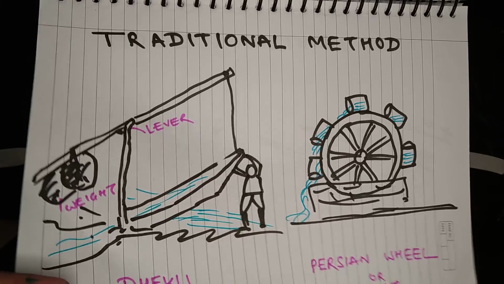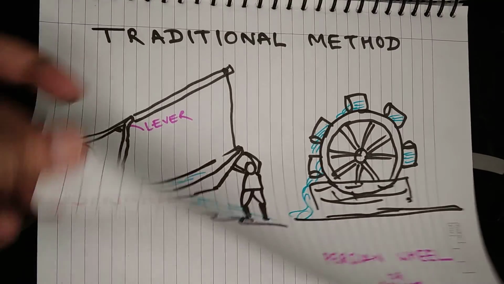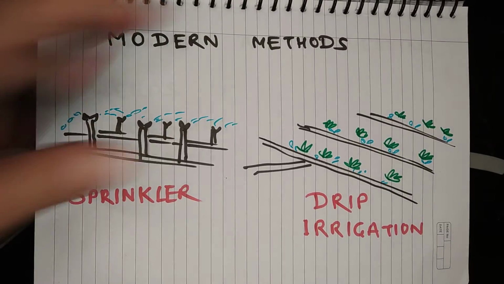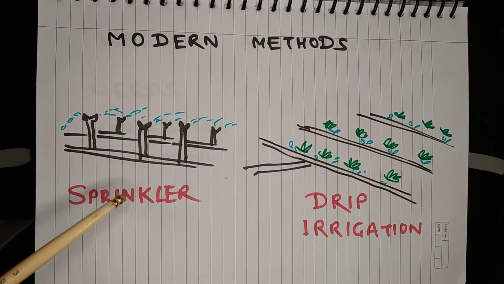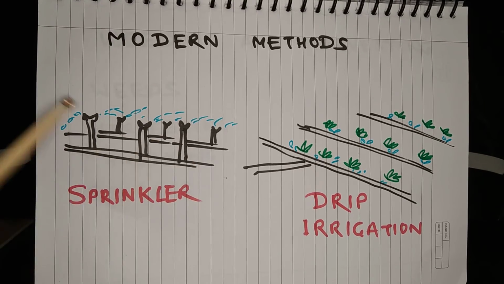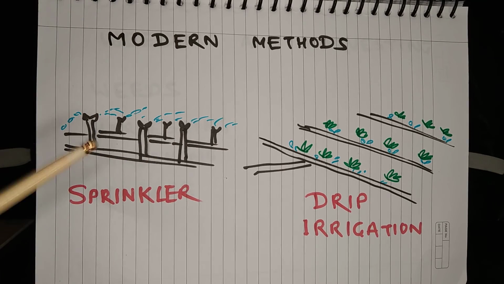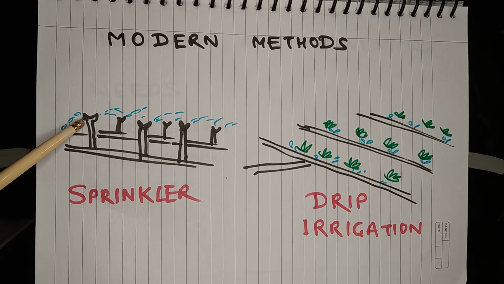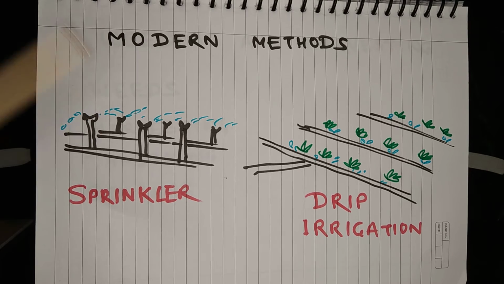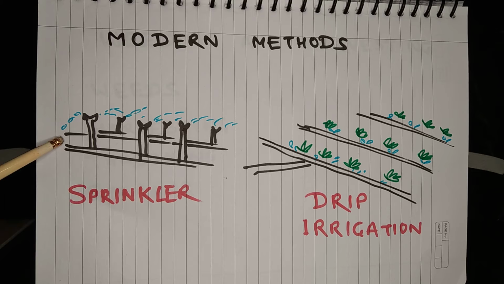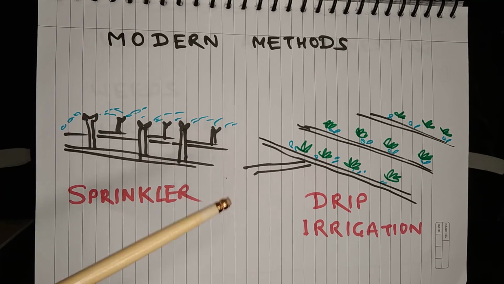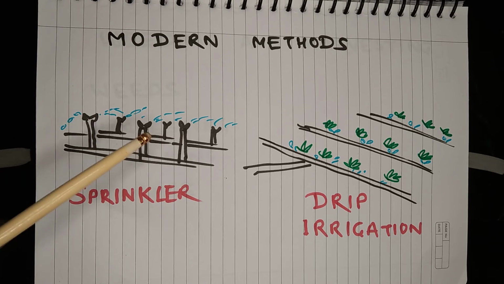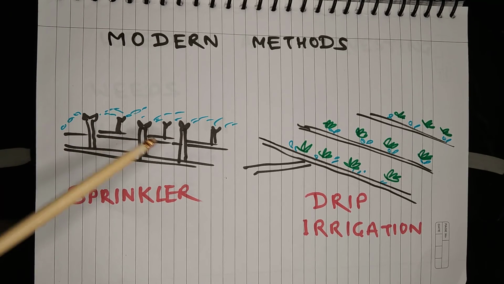Here in this lesson I will talk about two modern methods which are quite innovative, and they help in saving lots of water. So one is called the sprinkler system and another is called drip irrigation. Sprinkler system is composed of rows of pipes to which vertical pipes are attached. At the end of vertical pipes, fine nozzles are attached, and these nozzles keep on rotating. And what happens when water passes through the pipes, water rises in the vertical pipes, and because of the rotating nozzle, the water is spread all over the plants. So this is a highly efficient system, and less wastage of water takes place through this system.